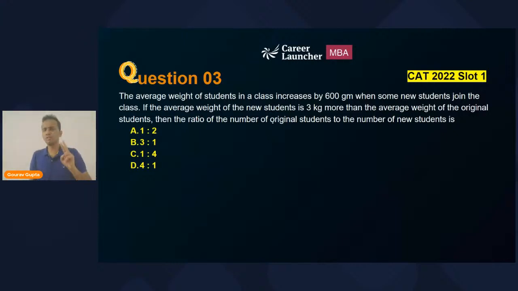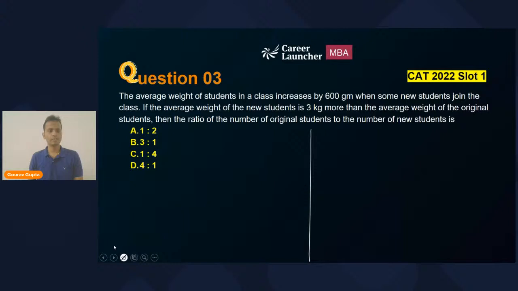I'll be discussing two different methods of doing this question. If you have studied averages, then you would understand that there are plenty of questions in averages which belong to the topic of weighted averages, which can also be done using the method of allegations. Method of allegations is an easier way of solving a question. So first of all, using the method of weighted averages.